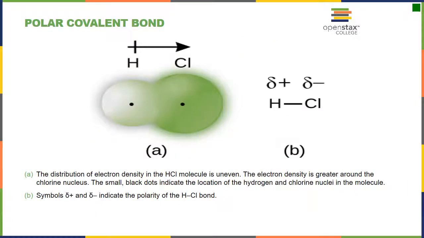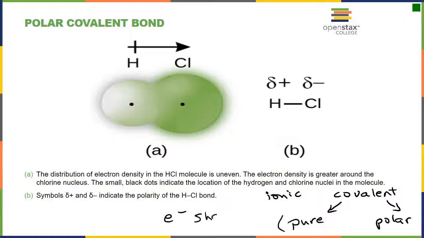So, how do we know how things bond? Well, we have three different kinds of bonds. We are going to look at ionic, and we're going to look at covalent. But when we go into covalent, we have a couple of different varieties. We have a nice pure covalent, and we have a polar covalent. Now, pure covalent means that the electrons are shared equally. So if we had something like chlorine bonded with another chlorine, each of these chlorines wants electrons the same amount, and when we put these guys together, we're going to have a pure covalent bond,